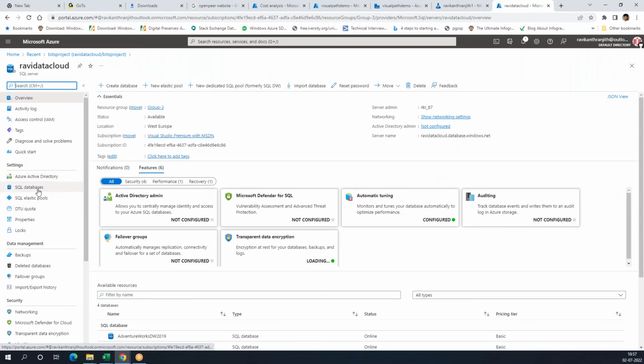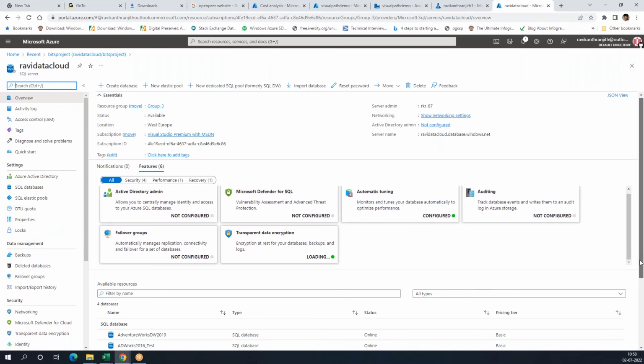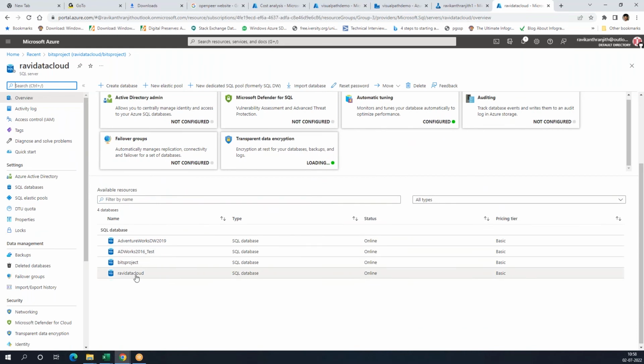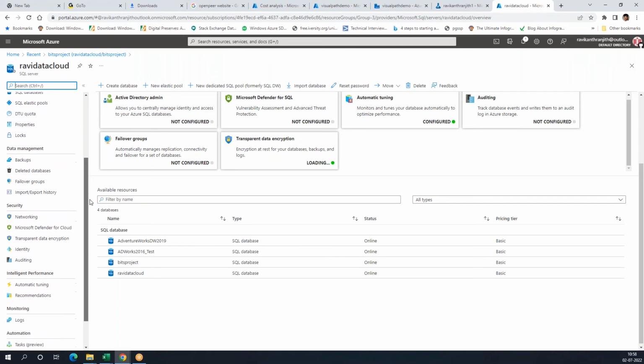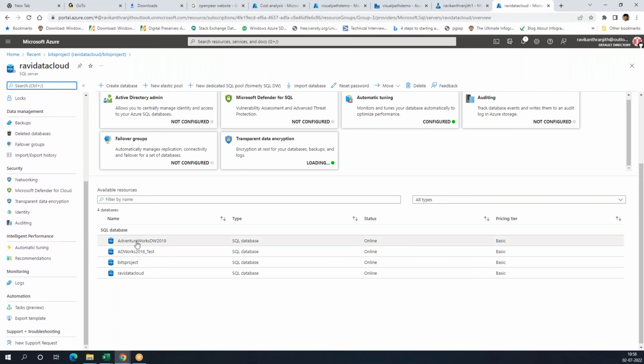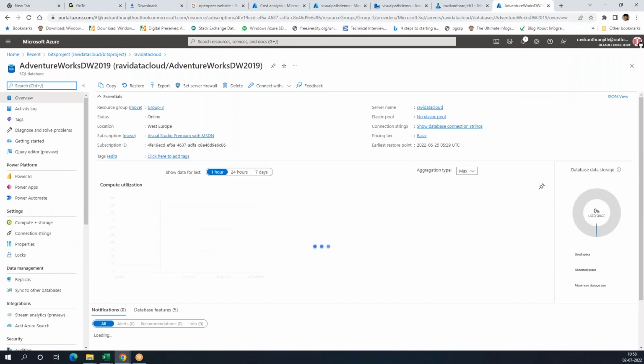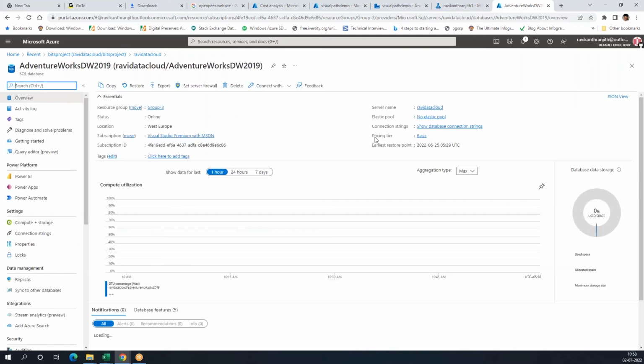Okay, you can see here what the different databases available here are. Now DTU, let me just go to some AdventureWorks basic. You can see the pricing tier here. It says basic,